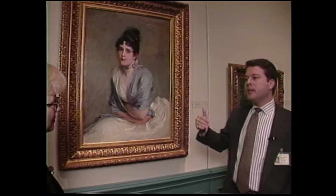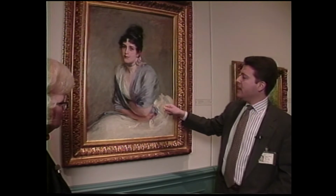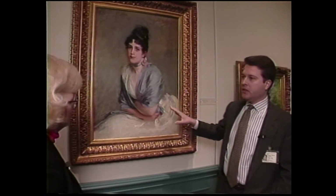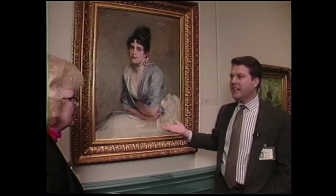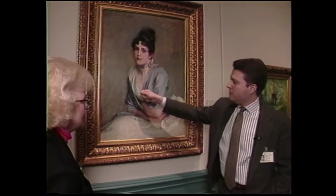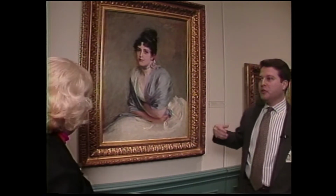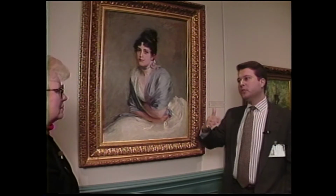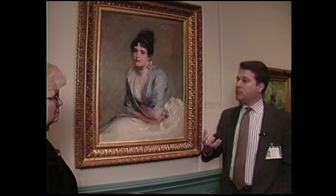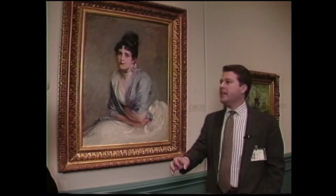So that's here, but at the same time, that still aligns him, or allows him to be seen as a forerunner of the American Impressionists, in that much of his painting is about painting itself. It's not only how wonderfully it describes the sitter, but his painting is also about his technique, how he can capture with a brush in a matter of a second the fold of this wrap of hers, or the light striking her silk skirt. So this bravura brushwork also places him in the vanguard of the American Impressionists, in that they used brushwork to describe natural phenomena, as we were saying with the Innes, the effects of light and